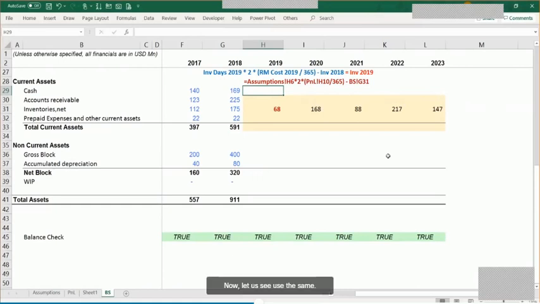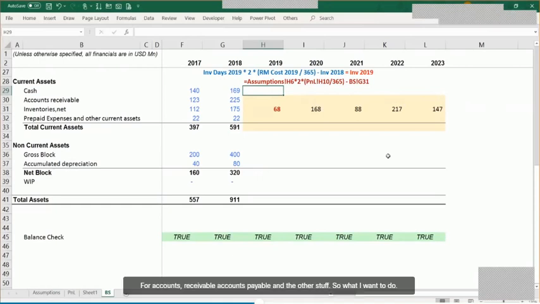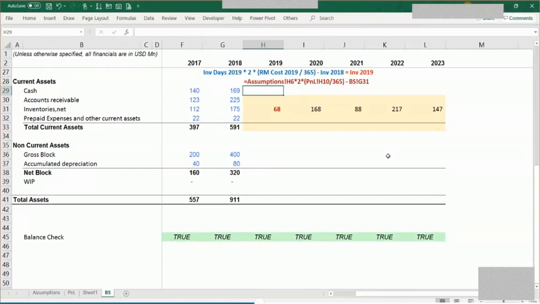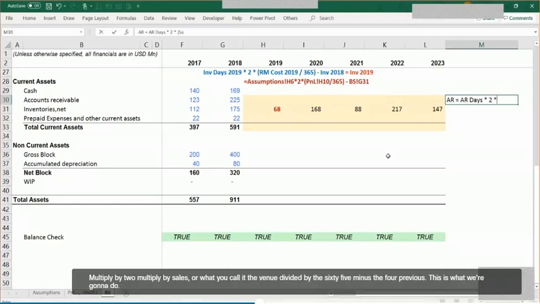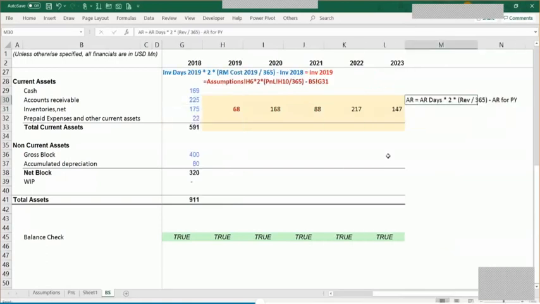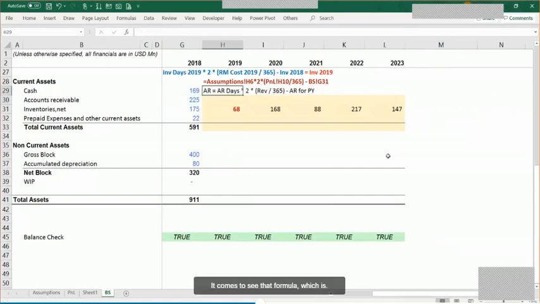Now, let us proceed. Use the same concept for accounts receivable, accounts payable, and the other items as well. So what I'm going to do for the accounts receivable is, if I put that logic, accounts receivable is going to be equal to AR days multiplied by 2 multiplied by sales, or what you call revenue, divided by 365, minus the AR for the previous year. This is what we are going to do for the accounts receivable. Let me put that formula. So it's going to be this